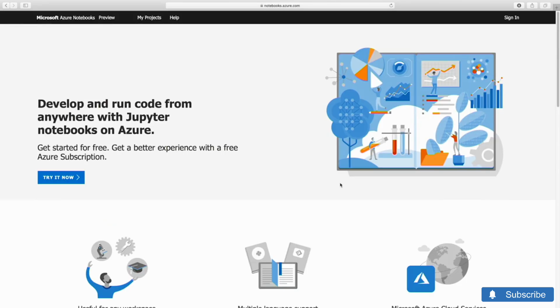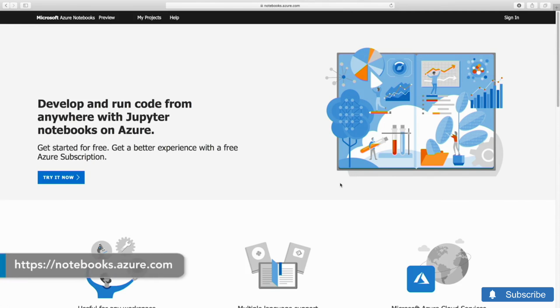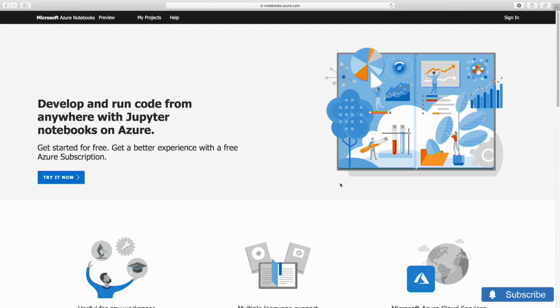An exciting recent development in the Python ecosystem is that it has become possible to run notebooks in the cloud using services such as Google Collaboratory and Microsoft Azure Notebooks. With both, you get a rather functional environment for free. If you'd like to follow along with this course using Python in the cloud, I suggest you use Azure Notebooks. Let me show you how to.